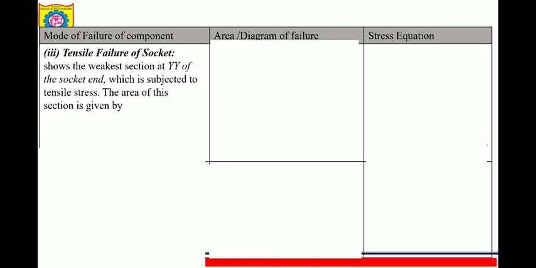Next is tensile failure of the socket. Shows the weakest